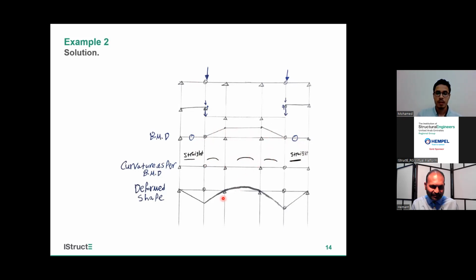We will start to draw our deformed shape from a fixed point or from a strong point. Let's start from here. I know that here I don't have any movement in y direction or x direction, but I have rotation. So this point has zero movement in x and y, and here is also. So I'll just draw a curve. And here, I have this point and this point, I'll just draw